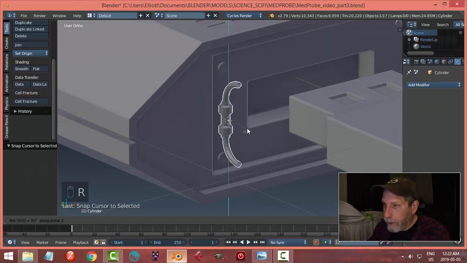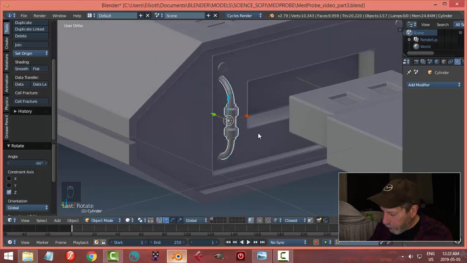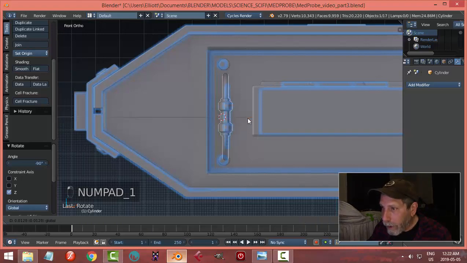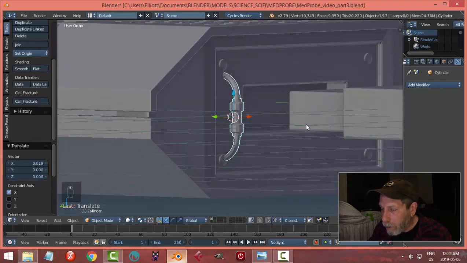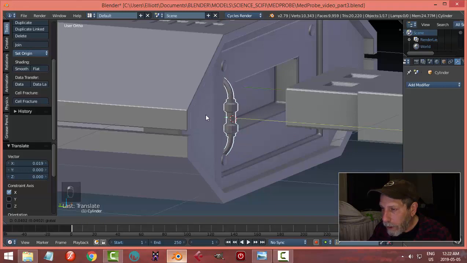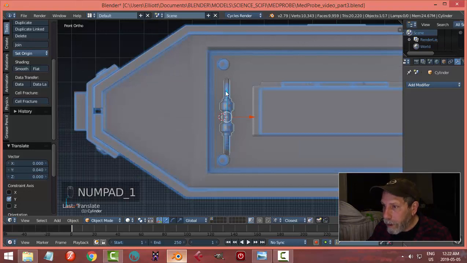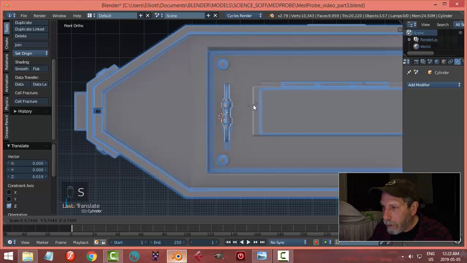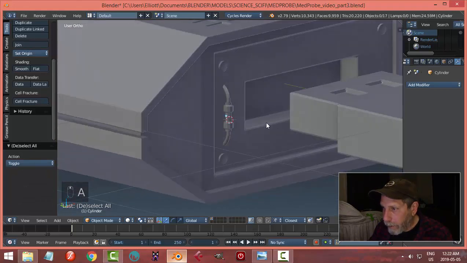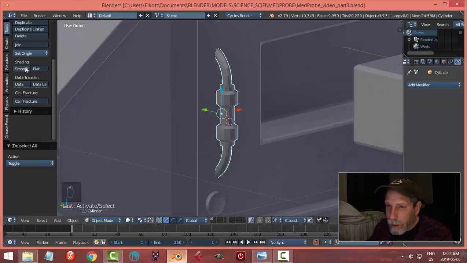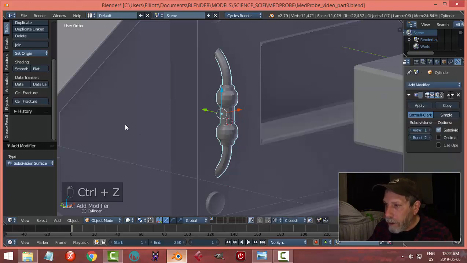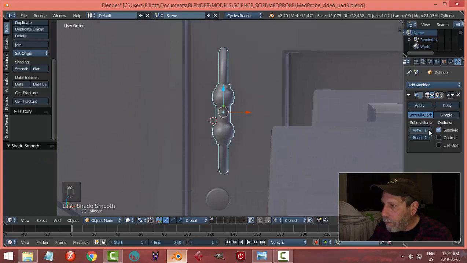Rotate Z minus 90. And we'll look from the back, and we'll try to make it a little bit smaller, or maybe what I'll do is push it in like that, and so I'll just center this thing up. Scale it down a little bit too. I mean, that's basically what I had. It is a little bit of a shame to put a subdivision surface on this, but I don't really care. So we could put 1 and smooth it, or we could put 2,